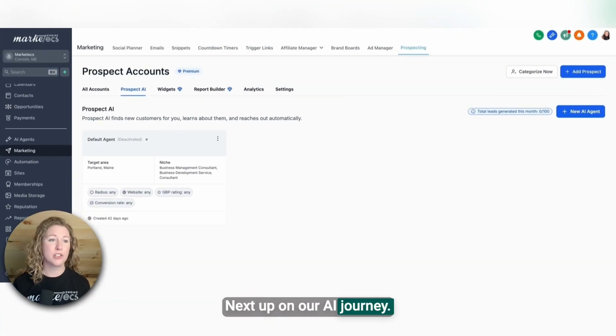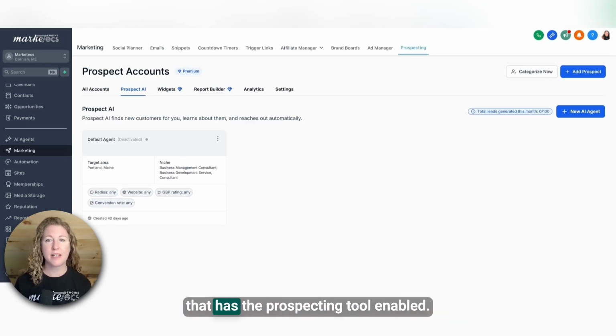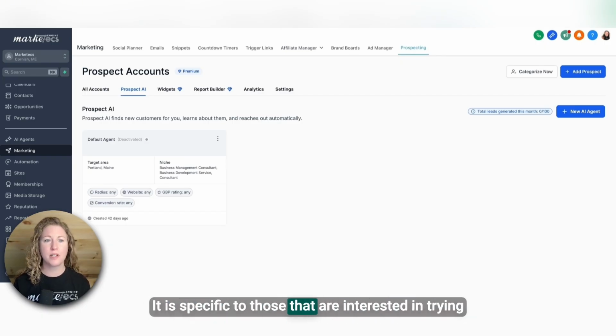Next up on our AI journey, I'm coming back to marketing for just a minute, because I had to show a different account that has the prospecting tool enabled. And the prospecting tool is a little bit more niche. It is specific to those that are interested in trying to sell different marketing services. Since this is supposed to be a roadmap to AI in HighLevel, I wanted to make sure I pointed out